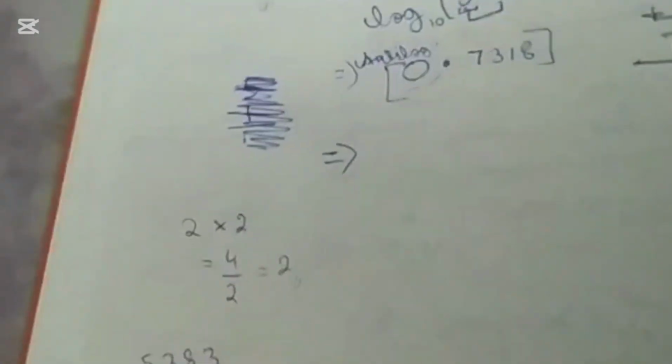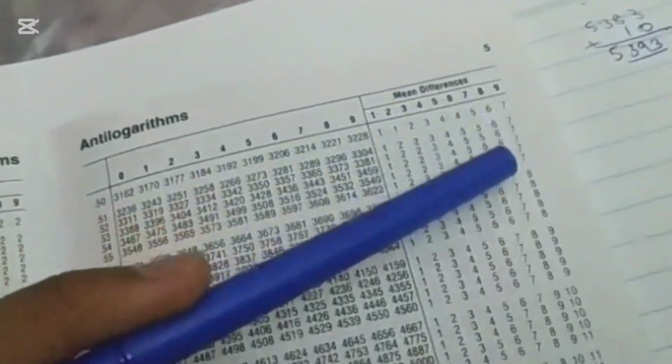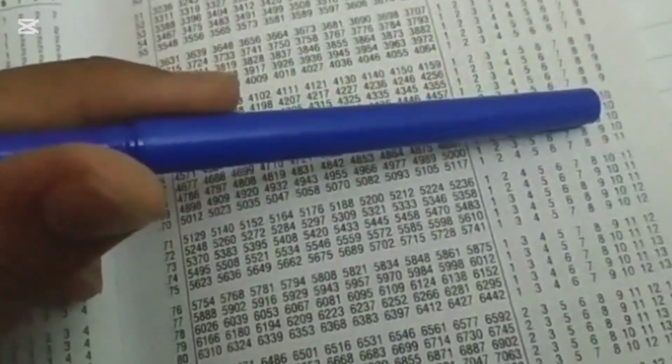5383. Okay, can you see that? Yeah, so 5383. I'm going to note this number down again. Now check the number after it. It's going to be 8. So we got this one. Now go to 0.73. Okay, now check the mean difference. Mean difference here for 0.73